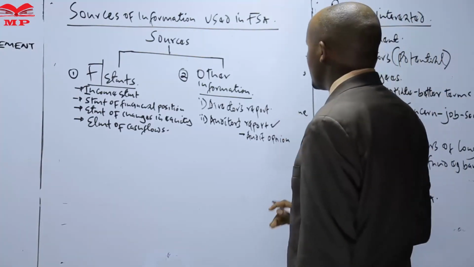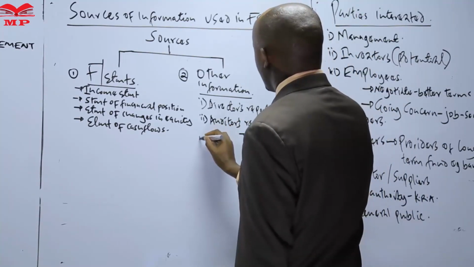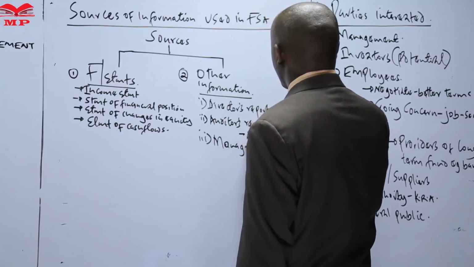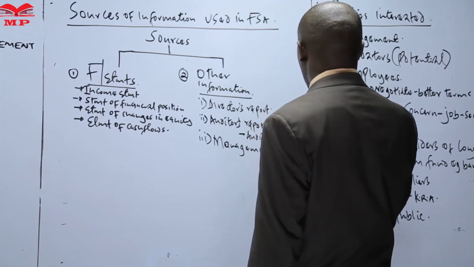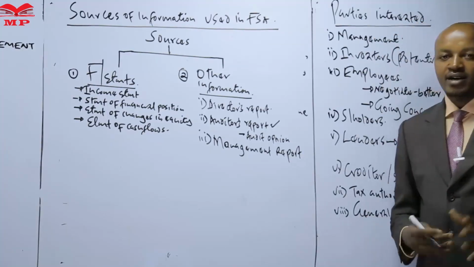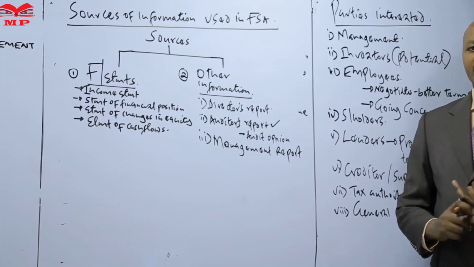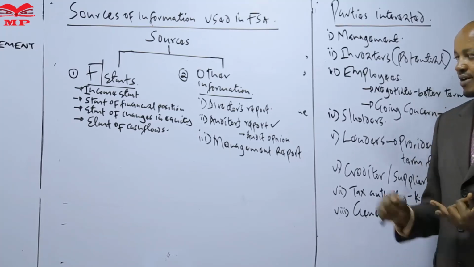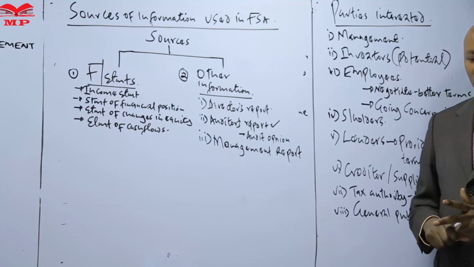So therefore this particular report here is very important when it comes to analyzing the financial statement. Then from there we have other sources of information used in the analysis, and that is the management report. When we talk about the management report, this is a report by the management of the company concerning, one, the responsibility for preparing the financial statement, the responsibility of the auditor with regard to the financial statement, and also this management report will include